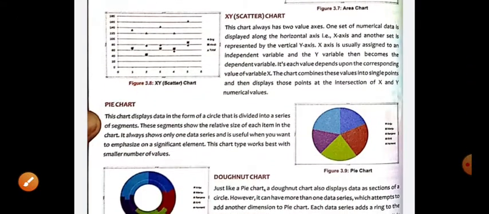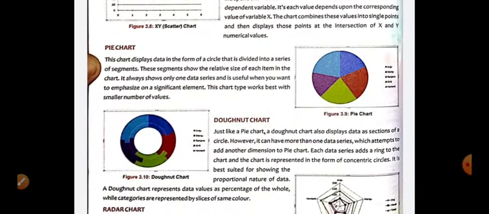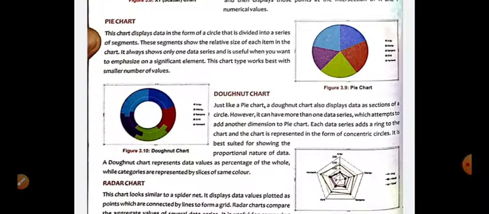The next one is the pie chart. I think most of you are very familiar with it because in mathematics you made this with the help of your compass. For example, when there is a population and you need to know how many people are playing cricket, how many are playing football, some are playing badminton, these things.